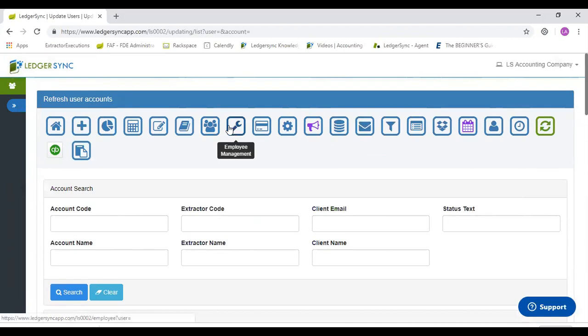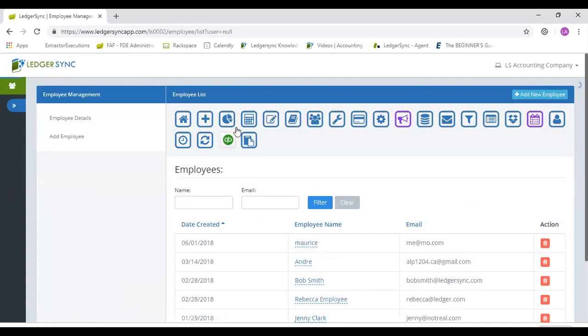So moving back along the menu bar, coming back this way, is the employee management. Ledgersync allows you to create an unlimited number of employee user accounts. You do or do not have to. Meaning, if you have multiple account managers and you would like them to have access to the client list so that they can have access to the statements and check images and the like, you have two ways to do that. You can either offer them your admin credentials and say, here, Sally, I know you're going to be working with me, so here's my